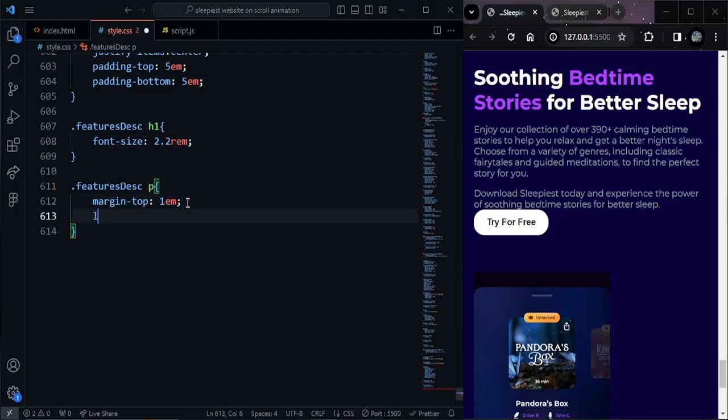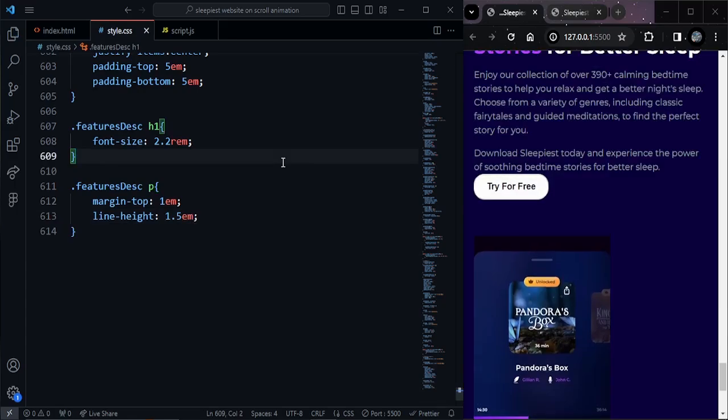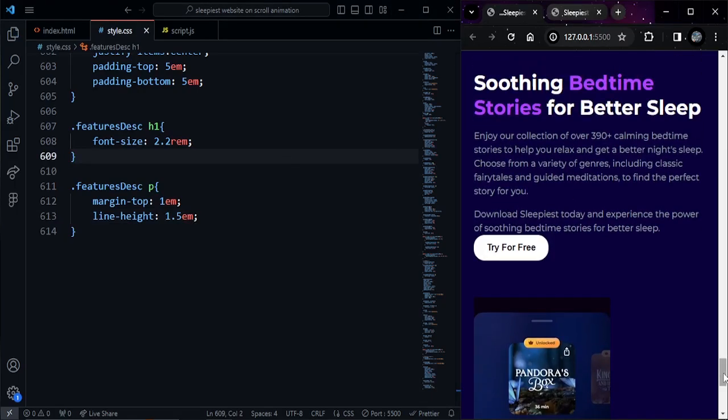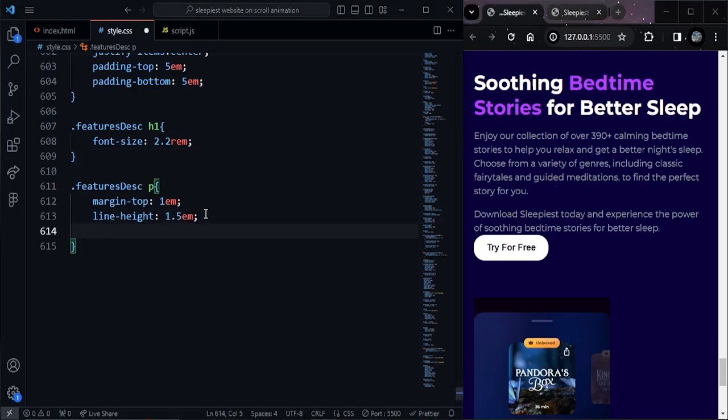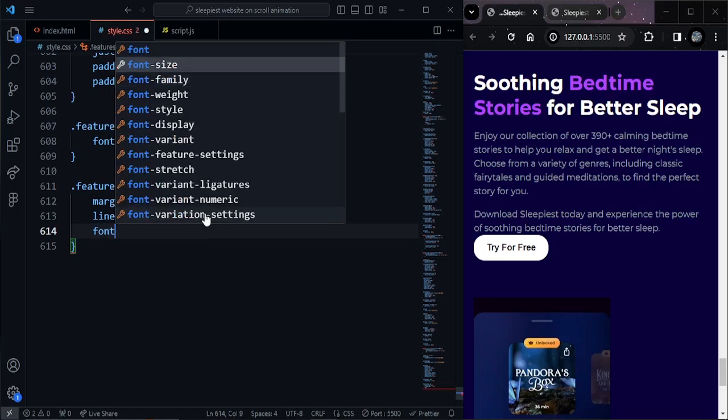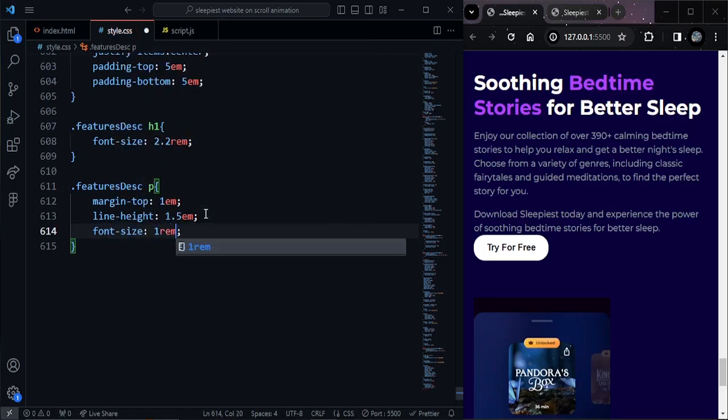and the line height will be 1.5 em. The gap between each line of the text, save it. Now 1.5 em gap between each line of text, and as the font size of the paragraph is 1 rem,